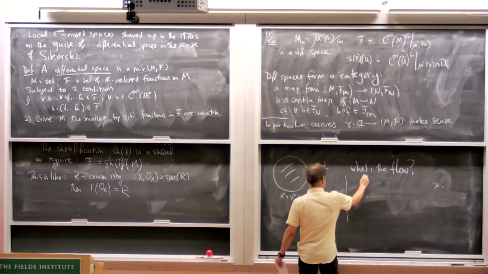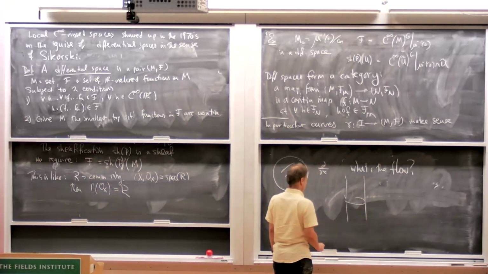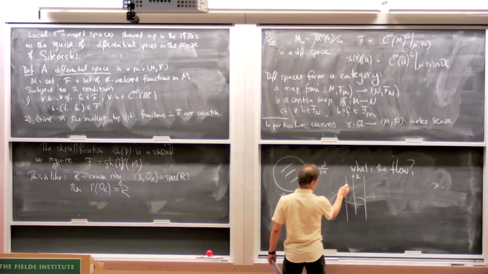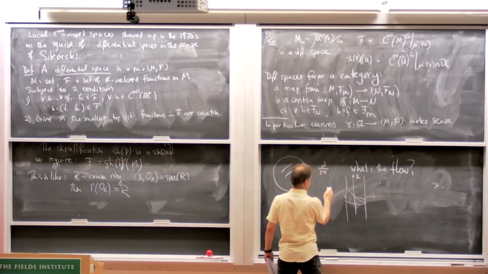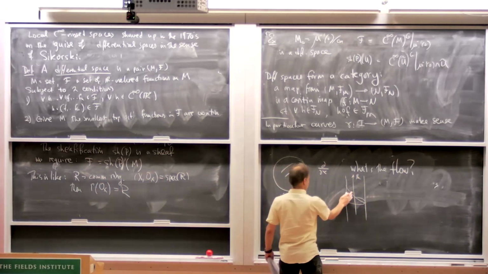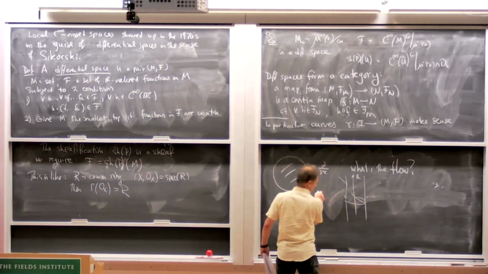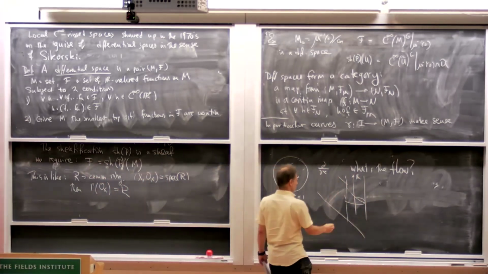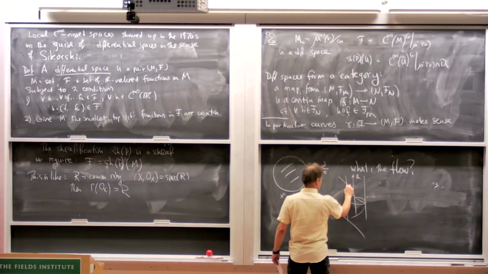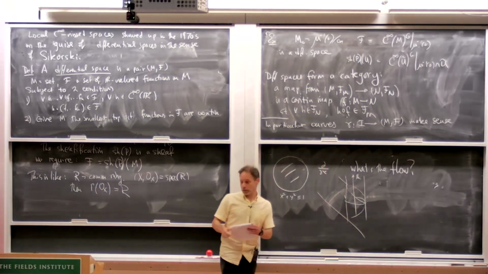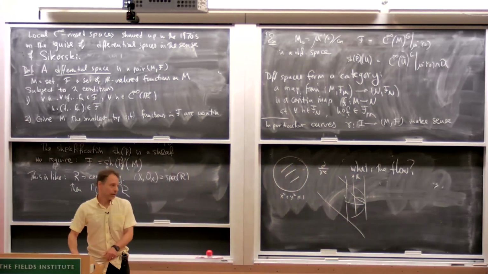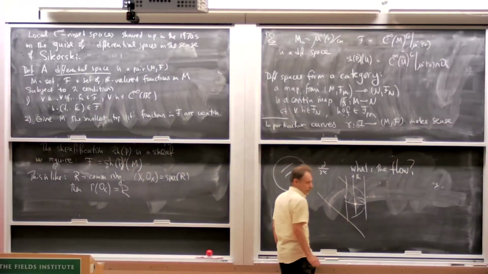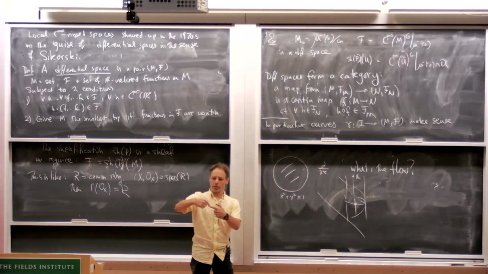If you're not a physicist, you're stuck thinking about, well, here's my disk, here's R, and the flow domain should be, I should intersect it with a cylinder, a slanted cylinder like this, right? And now my abilities to draw things kind of fail me. You're going to get an intersection of two slanted cylinders, and you'll discover there is a singularity right around here where you have 4 edges coming in.